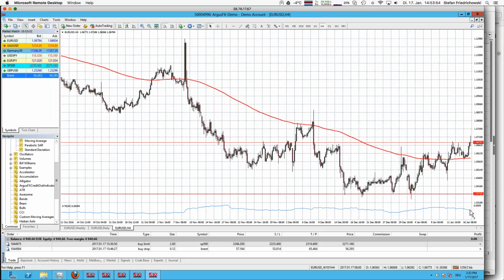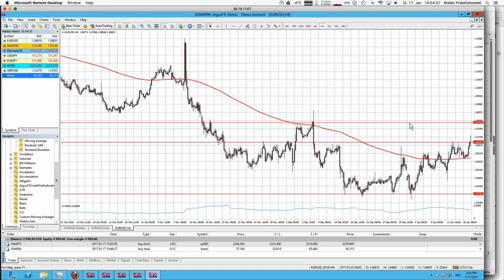And let's have a look at what it means if we would have a trade with 3 times ATR. So 0.0038 times 3, and then adding that number of 0.011 to the current price level. That would mean a stop loss which is about here at 1.0790 and a little bit. So that would be a nice stop loss level, and take profit 3 times our stop loss value.